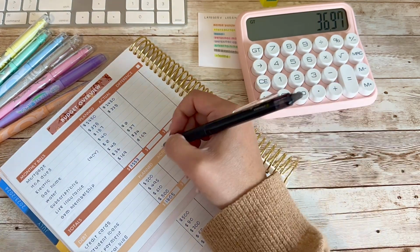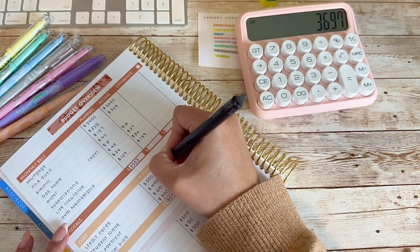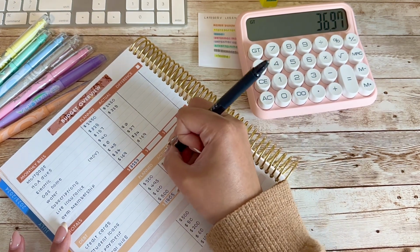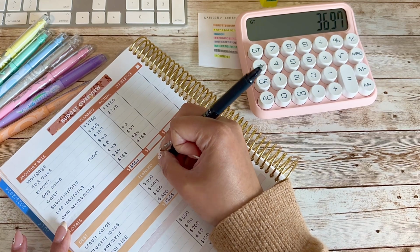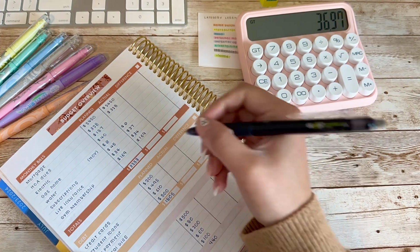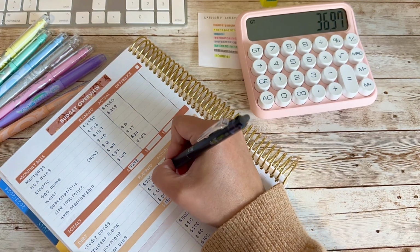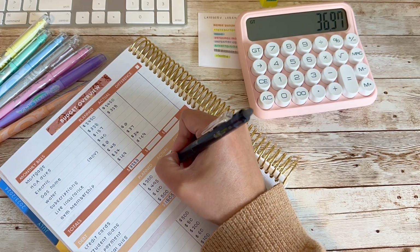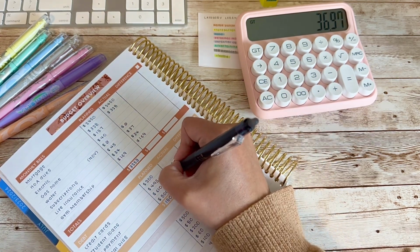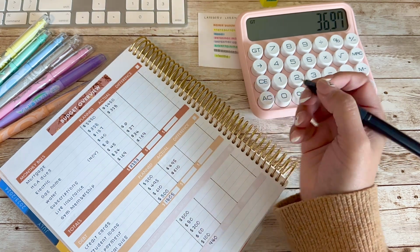All right, so for credit cards, I did pay $200 to one, but I'm actually gonna leave it blank because I still need to pay another one. So I will change that later. For student loans, those are unfortunately back. For car payments and then medical bills,